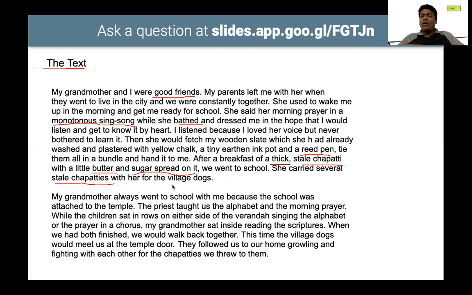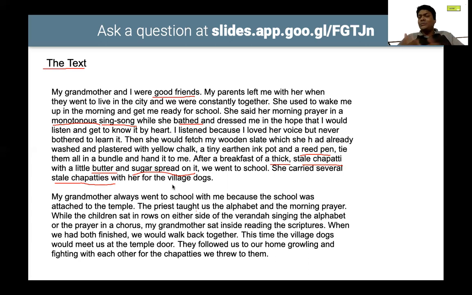So she ties them all in a bundle, and what is that? The wooden slate with yellow chalk, a tiny earthen ink pot, and a reed pen. All are tied and bundled and handed into the writer's hand, right, after a breakfast of thick